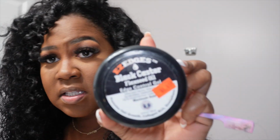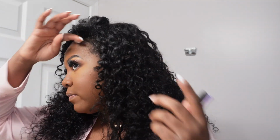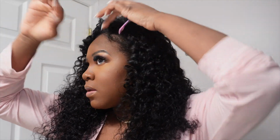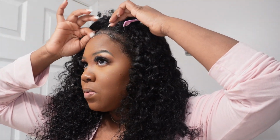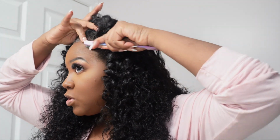I love this edge control. It's the Easy Edges Black Castor Oil Flaxseed Oil Gel. And it's only $6.49, y'all. This is so good. You don't need a lot. That's the thing. You don't need a lot. I'm just gonna put a little bit right there. Now, I'm not no baby hair connoisseur. I should let my mother do this part, but